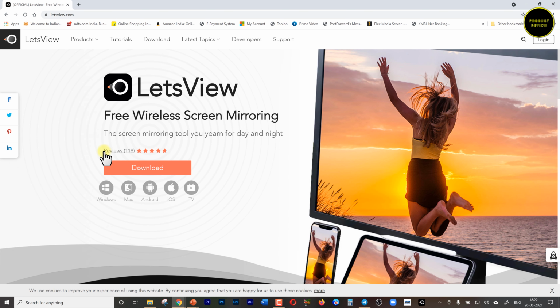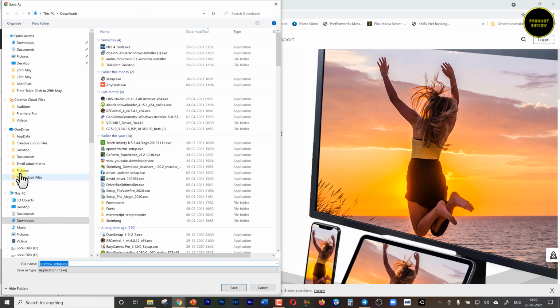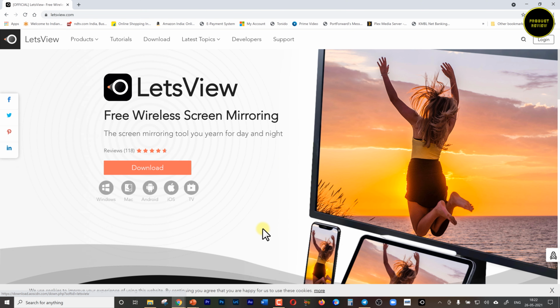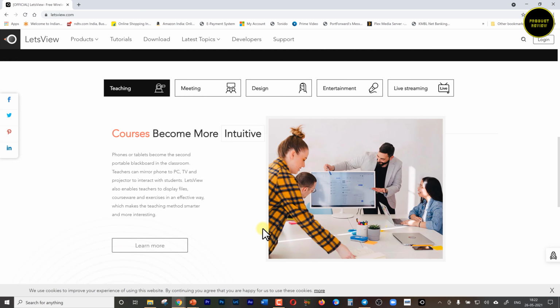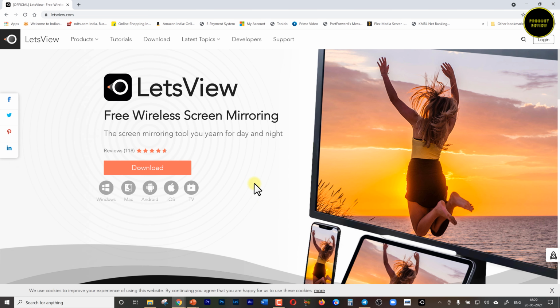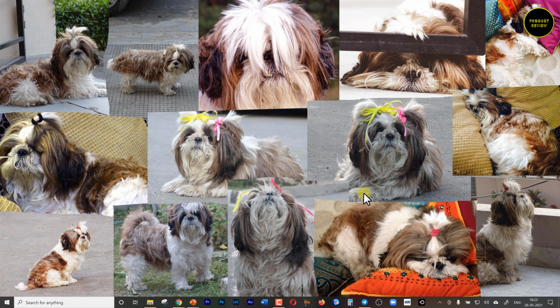It will now offer you a download option based on your operating system. Hit download. I have it already with me. You can see all the OS options. Install and open it.